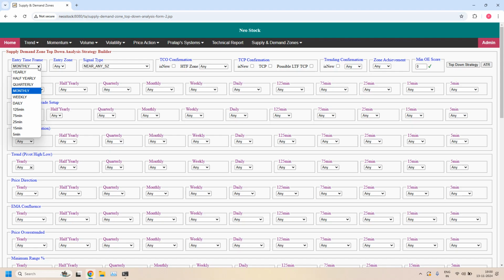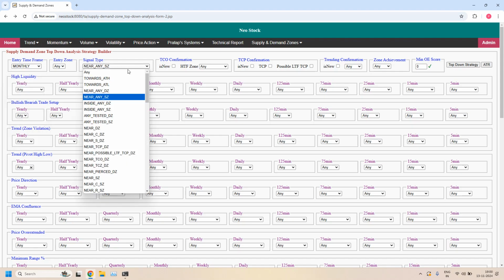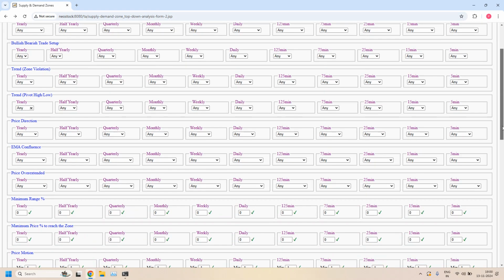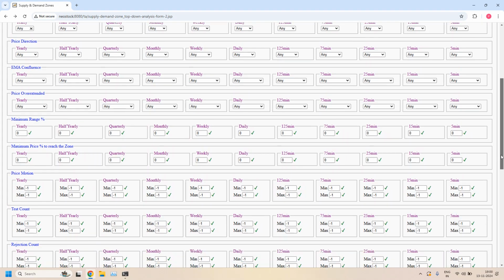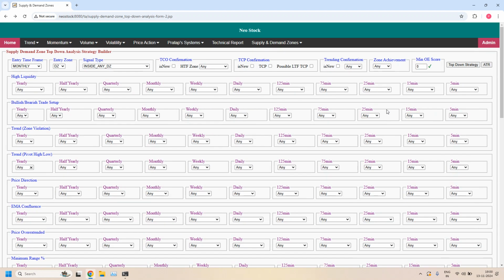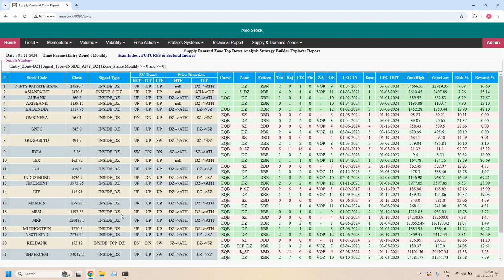Next, for monthly time frame, let's find the stocks where price closed inside the monthly demand zone. And this monthly demand zone should not be pierced. So in the pierced count, at monthly time frame, minimum value I am setting 0, maximum value I am setting 0. That means zone is not pierced. Zone achievement not required. And let me filter. We got,